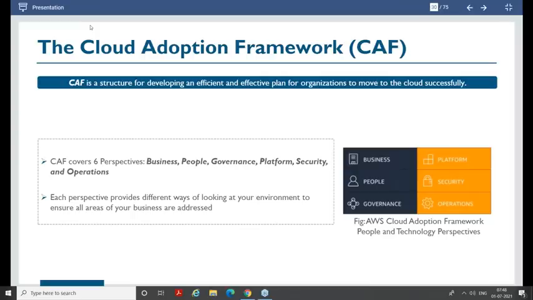Governance is all about the regulations, the compliance, the law of the land, all of those factors. Is cloud adhering to all those governance requirements? Is my business still compliant with all the required compliances? Platform, as we talked about, in your cloud gives you an opportunity to use a lot of open source and all of that.